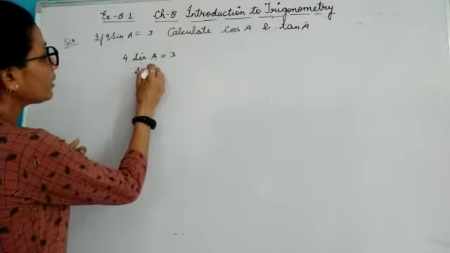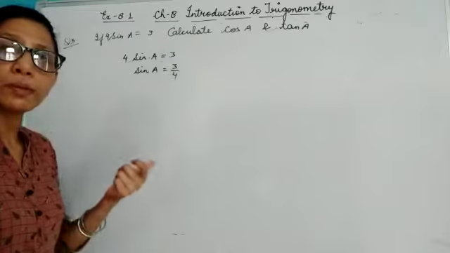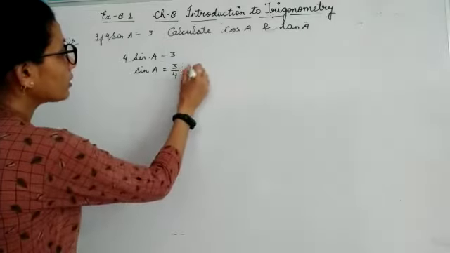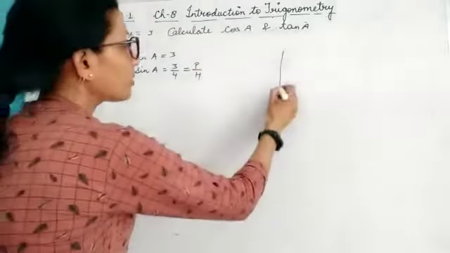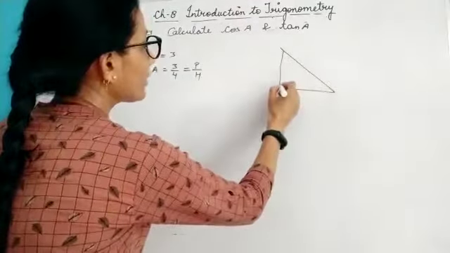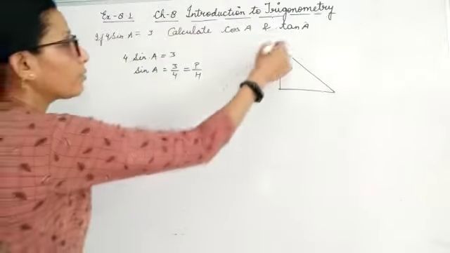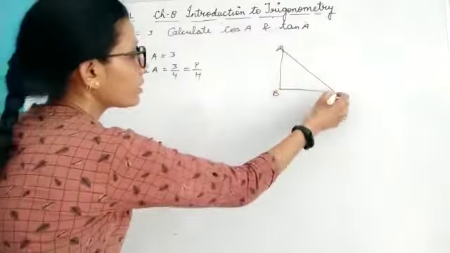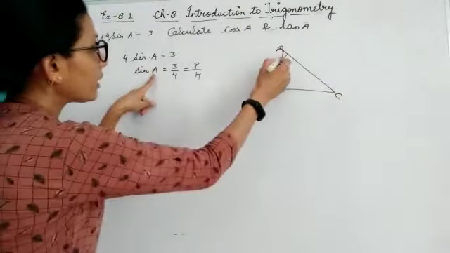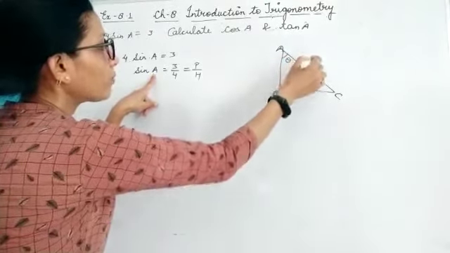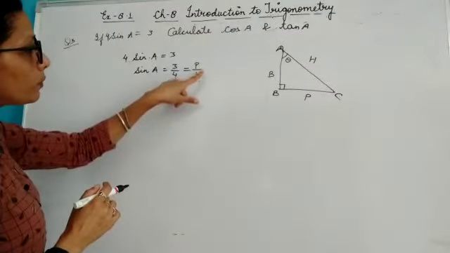So here sin A will be equal to 3 by 4, and you know sin A is perpendicular upon hypotenuse. Now you draw a right angle triangle. The right angle is fixed, but here it is given A. That means if I am taking it as ABC, then say this is your perpendicular and your theta is placed over here. That means this is your hypotenuse, this is your perpendicular, and this is your base. Okay. Now you know it is P by H.